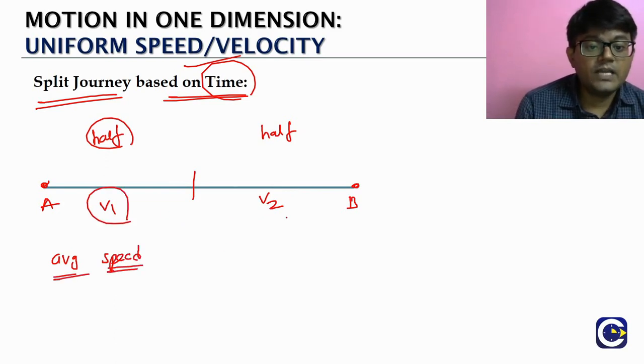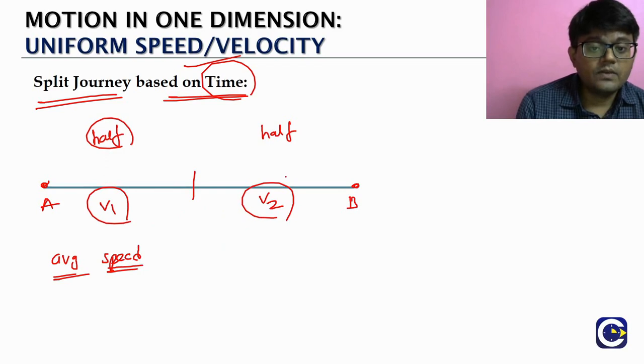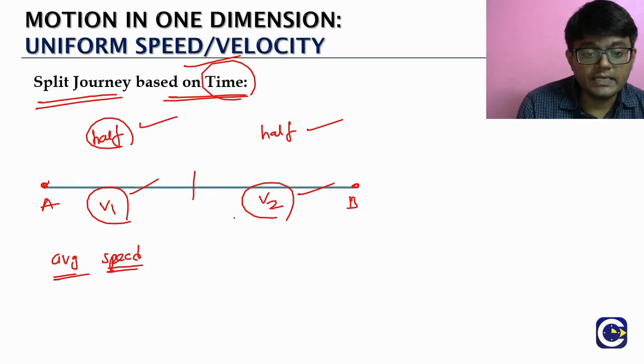So the average speed value will be somehow related to v1 and v2. We are going to see how it will be related. We don't require any other values to be given. All that we will be requiring to solve these kinds of questions is the v1 value and the v2 value. But we should require something else, right? Just because we have a speed, we will not be able to directly know the average speed of the entire journey. So how will we find the average speed of the entire journey?